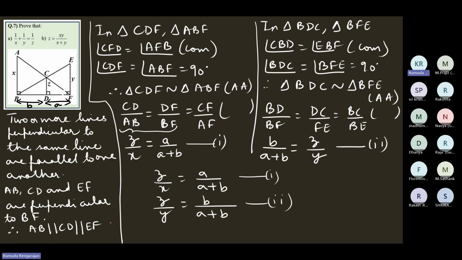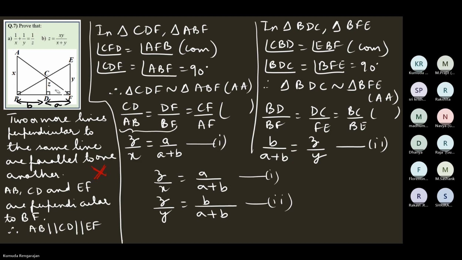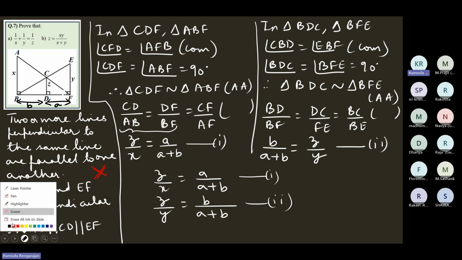Yeah, children. So I told you that this one is not needed. So take up this triangle ABF and the triangle inside that, CDF. Show that these two triangles are similar and write the proportion. In two similar triangles, corresponding sides are proportional. So write that proportion. Then take up this big triangle,